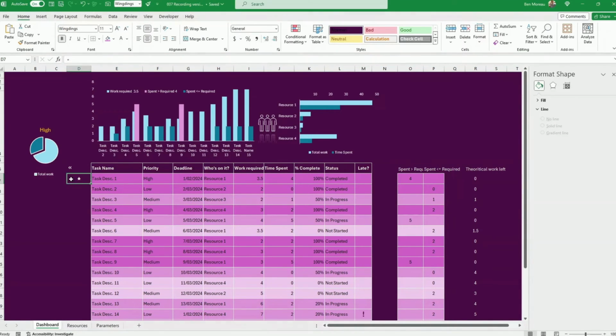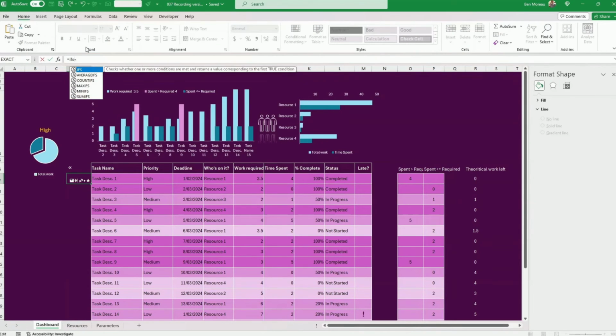So here I want to do just a very simple calculation. If the priority is high, I want to put 3 stars. If it's medium, I want to put 2 stars, etc. Okay, so I'm just going here. I'm just going to put the ifs again. If this equals high, I'm just going to put this field here. Now, if this is medium,